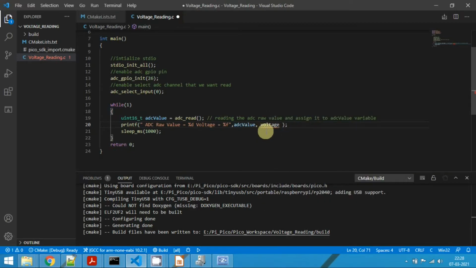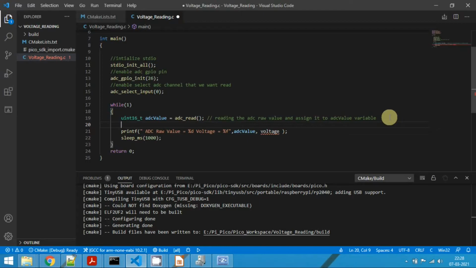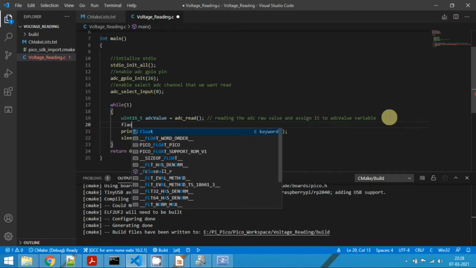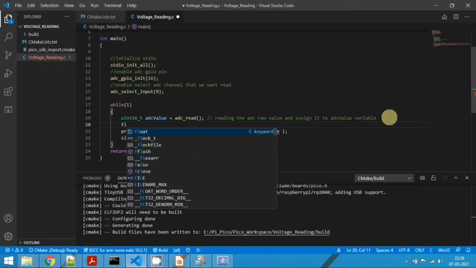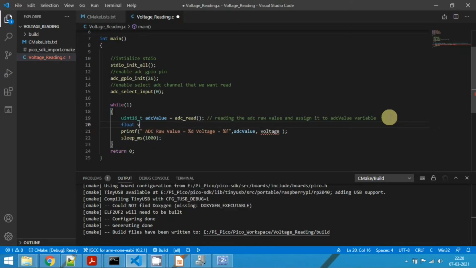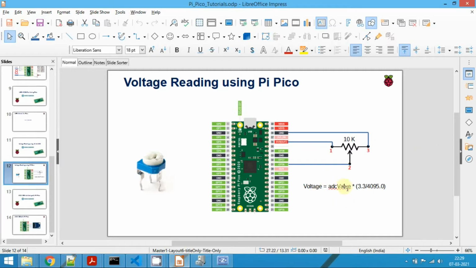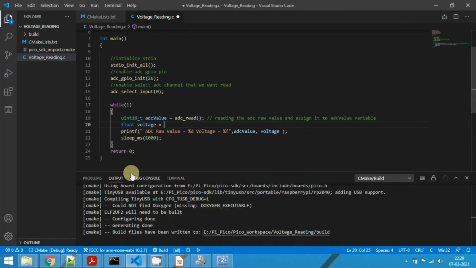We have not declared the voltage variable yet, so go and declare the voltage variable here. It is of float type, float voltage. The conversion formula is the raw ADC value multiplied by 3.3 divided by 4095.0.